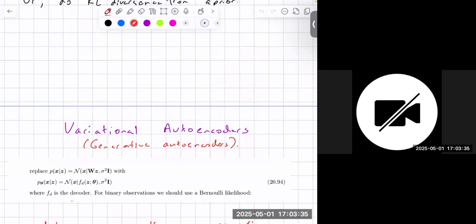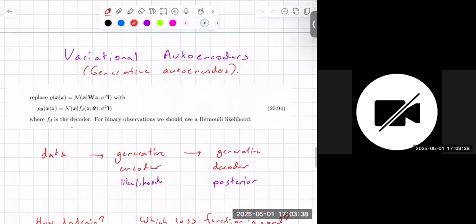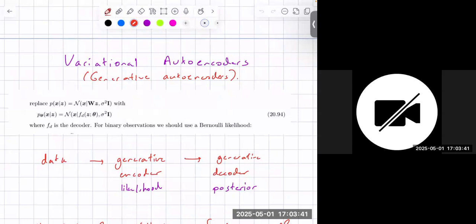Okay. All right. So a bit more technical details. What we would like to do: Z is our latent thing, the reduced dimension thing. X is our data. Before, in probabilistic PCA, for example, we had a Gaussian with a linear thing on the right-hand side. Now we want to replace it with whatever neural net you've got here, and then some variance. So this will be your encoder, essentially. It's taking your Z, the latent guy,